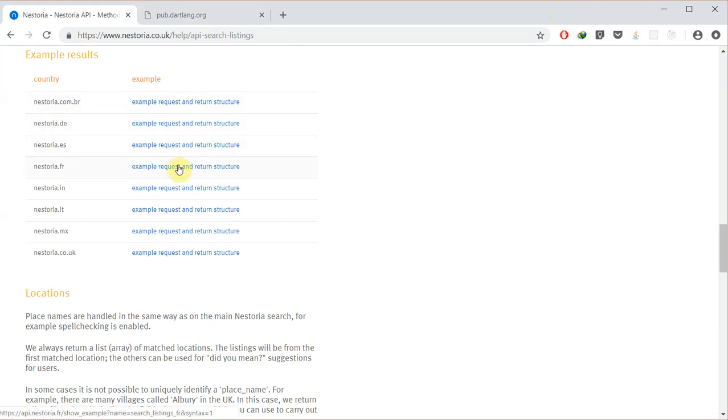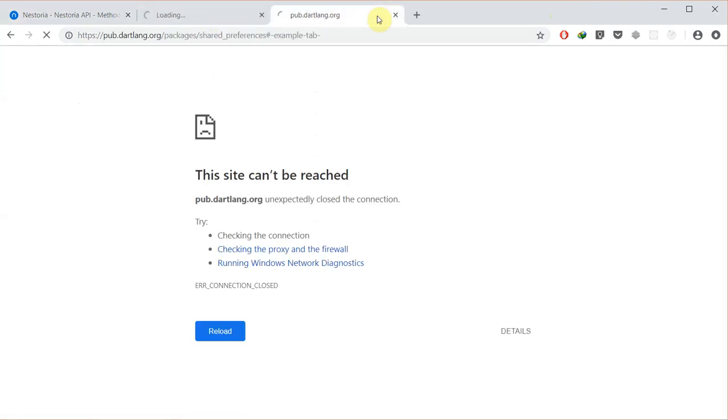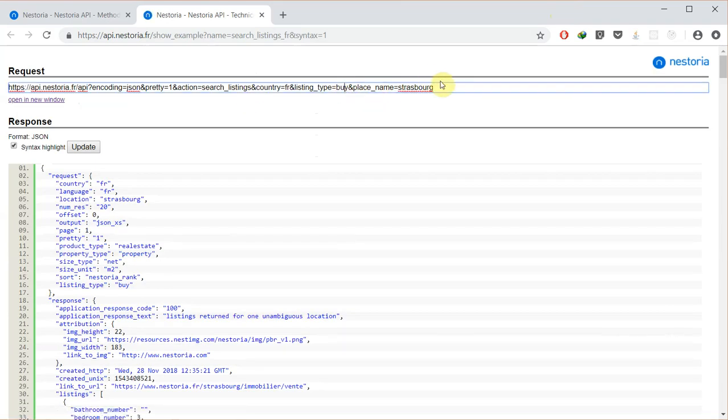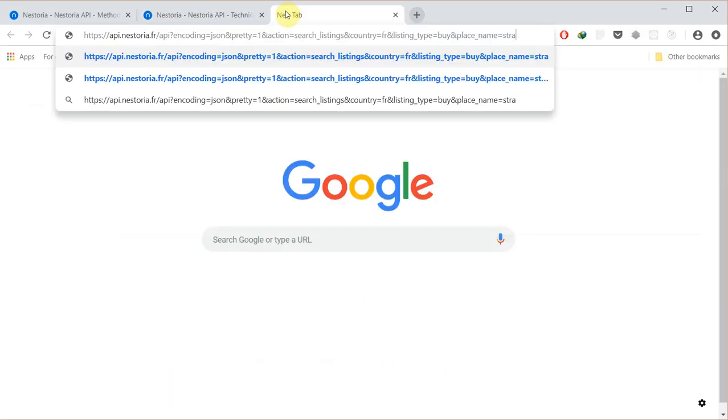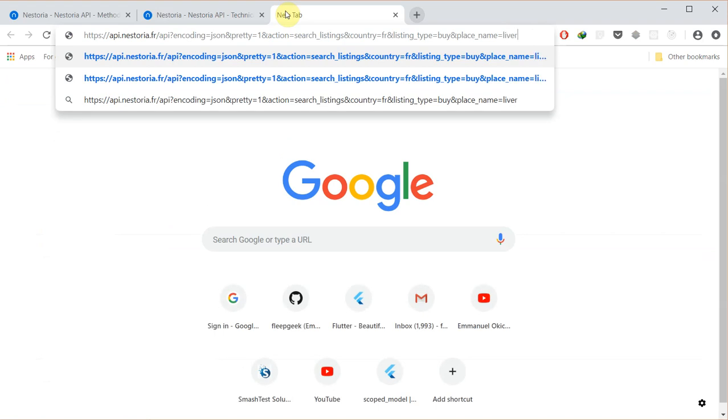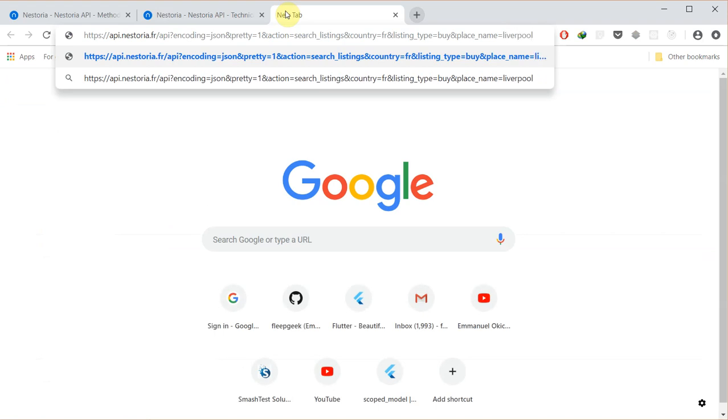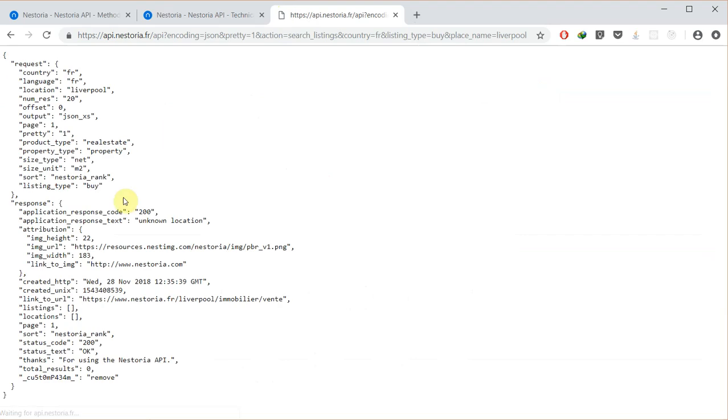So let me just do the request so you see what I mean. So I'm going to copy this, paste it, and pass in Liverpool as place name. So when I do the search, you would see, where's our response? This is our response. So you can see total results 0, but